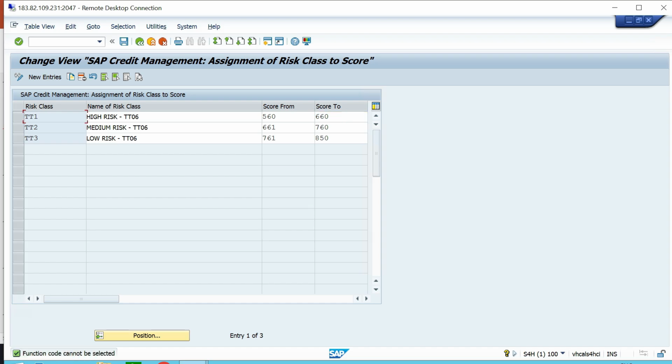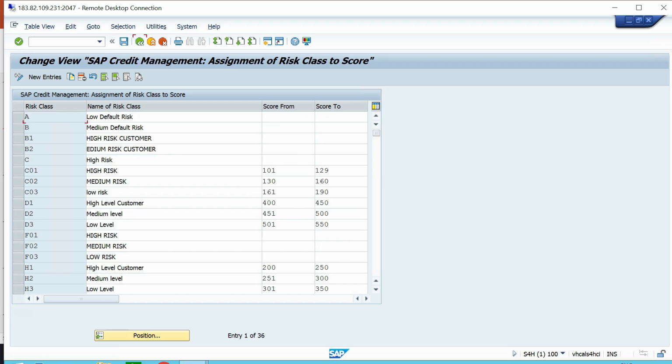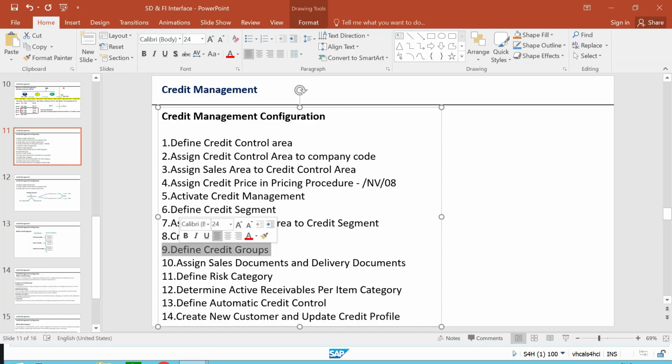So now we created 3 risk classes: low risk, medium risk and high risk. And we are giving the scoring from number and to number. So then go to back. So the next one, step number 9,